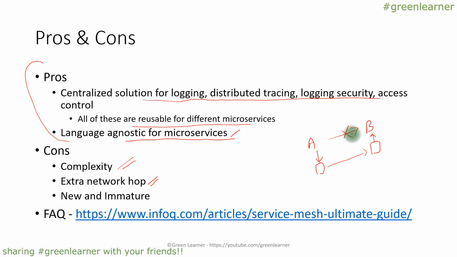It is now not here. So when it is requesting something, there are two network hops from here and from here. Two extra network hops are coming here. The service mesh concept and service mesh architecture are relatively new, so it is just getting better with time. So if you have any problem coming along the way, and you are not getting any community support, you have to take care of that. So before sending it to production, test it exhaustively in the test environment.